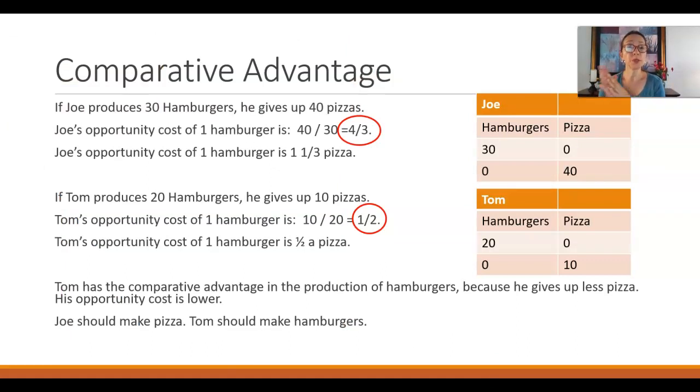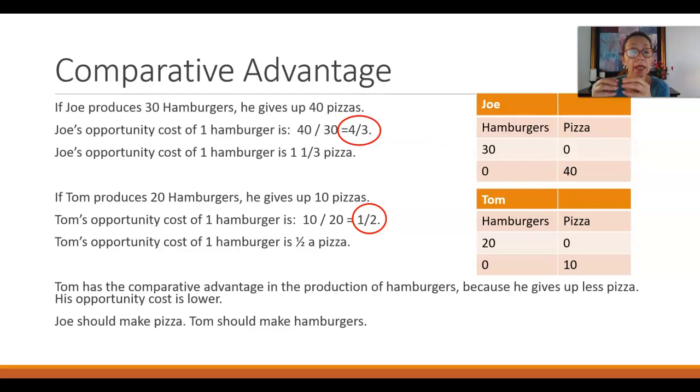So if Joe produces 30 hamburgers, he has to give up the production of 40 pizzas. And our formula for finding opportunity cost is what you give up over what you get. So Joe's opportunity cost of one hamburger is 40 pizzas. He has to give up 40 pizzas in order to get 30 hamburgers. So we reduce that. We take 40 divided by 30. That reduces to 4/3. So what that basically tells us is his opportunity cost for one hamburger is 1 1/3